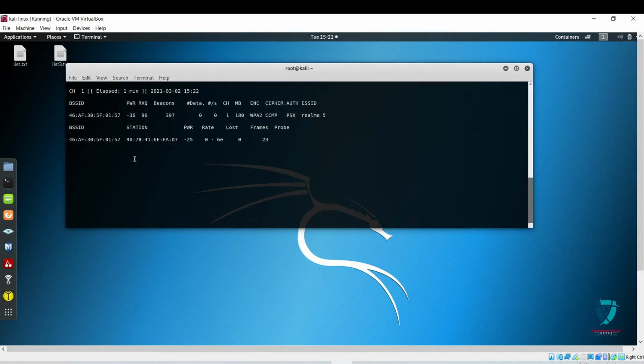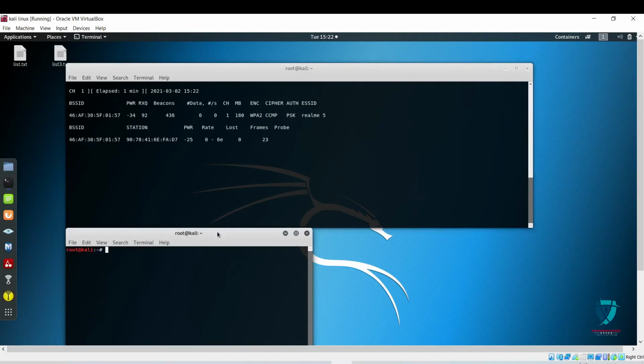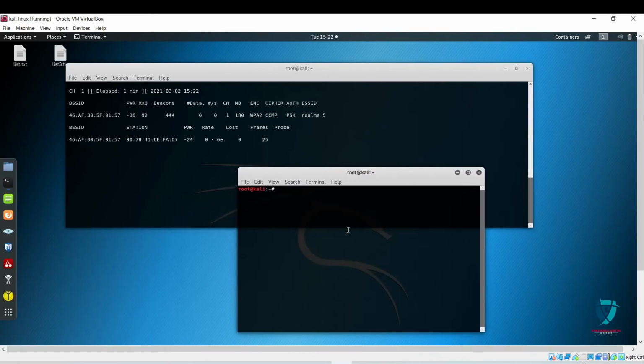In the next step, I'm going to open a new window. In this new window, I'm going to enter the command aireplay-ng, and then deauth. I'm going to send 1500 packets for deauth, and paste the BSS ID.